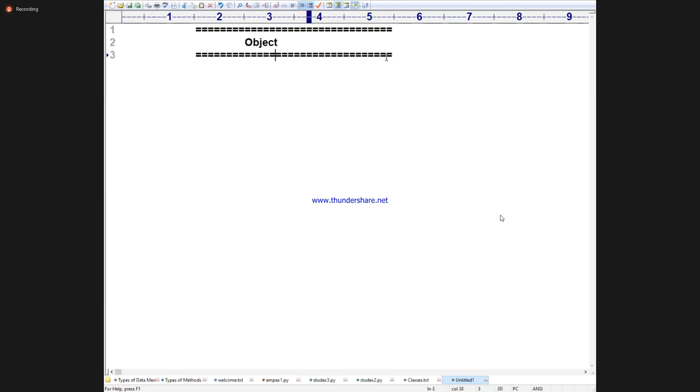Tell me, why do we need to go for an object? So I will write it, whatever we learned. When we define a class, we don't get any memory space for the data members and the methods.